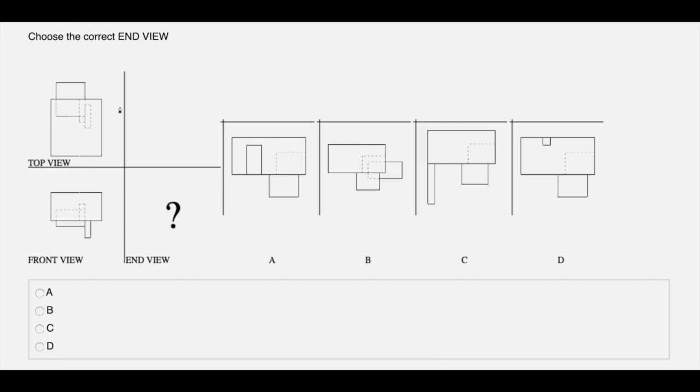So here we have the top view, we have the front view, and we're trying to find the end view. So the right side of the top view is going to be the end view, so this side right here. And if you look halfway down the big rectangle, you will see that there is nothing on the first half of it. So now if you look at the answer choices, you know from the end view you shouldn't see